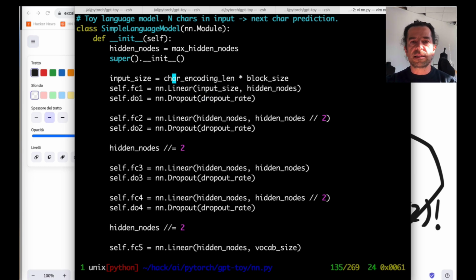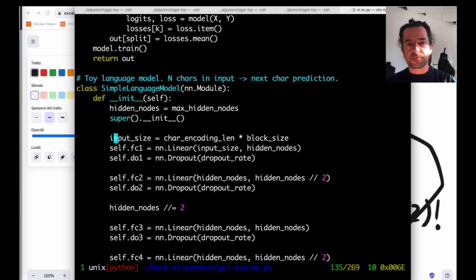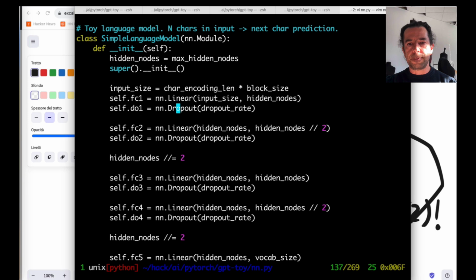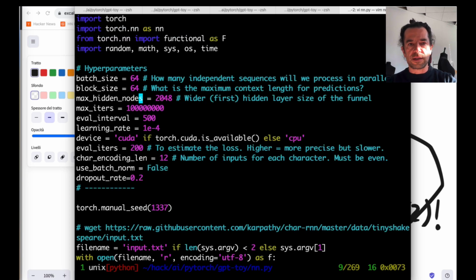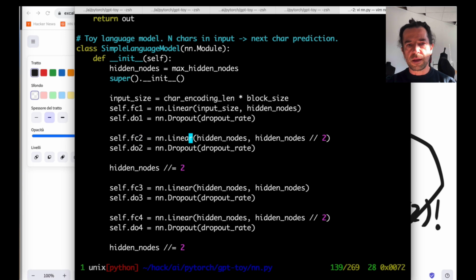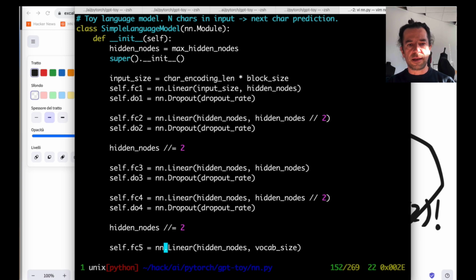So the input is the number of characters I have at input, which is my block size, 64, times the encoding length, the inputs that I use for each character. Then I have linear layers which are progressively smaller. The number of hidden nodes starts at 2048, and then it gets reduced with the division here and so forth.